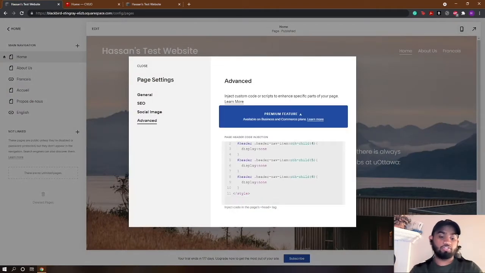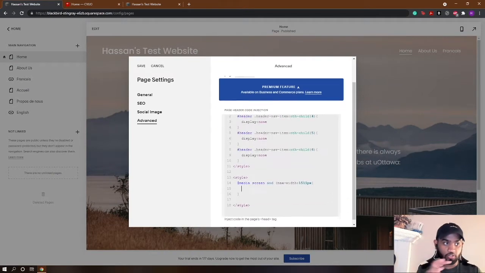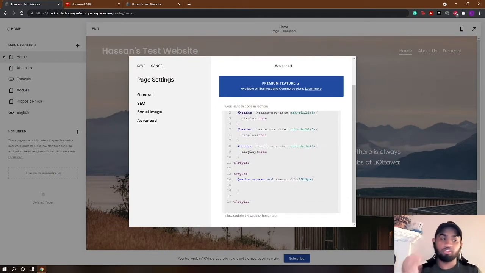So just to keep things organized, I'm gonna add another style tab. You could do it in the same one, just keep on adding here, but I'm gonna add another one for organization's sake. We're gonna add media screen and max width 1511 pixels, open curly bracket, close curly bracket. This essentially means the code in these curly brackets will only apply to mobile devices which are less than 1511 pixels in width. And then we're gonna do the same thing we did before with hashtag header dot hashtag header slash nav slash item, but